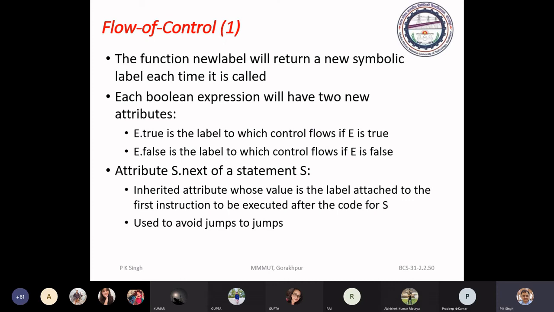Okay, but the goal of these conditional expressions is to give the facility for controlled execution of instructions. It facilitates control, meaning it is used for the control constructs